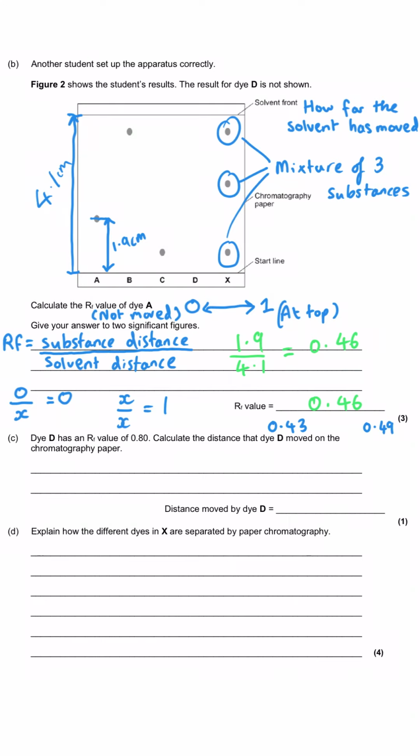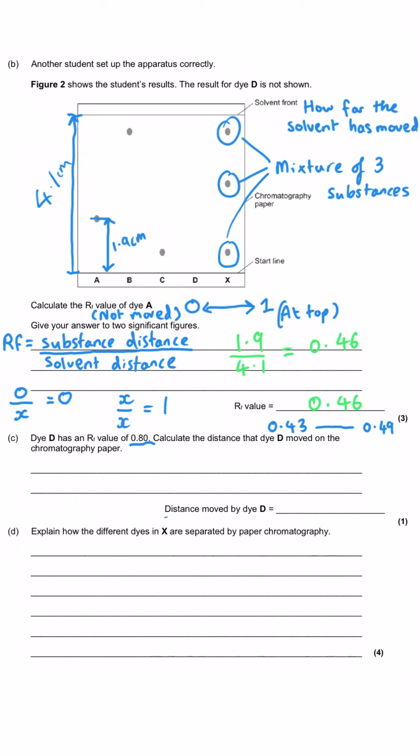Certainly when you've been doing this off a screen it is, but just make sure you're making careful measurements, and I'm sure you'll get this RF value correct. And then the next question goes on to talk about dye D, and it tells us what the RF value is for dye D. There is no spots shown on the diagram,